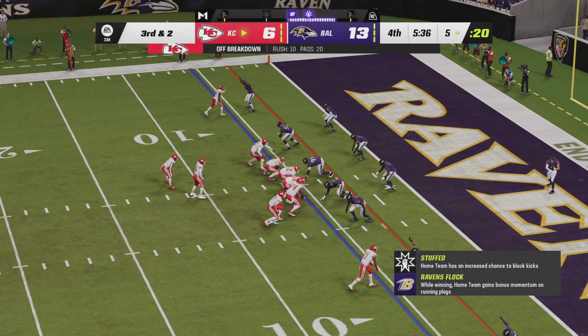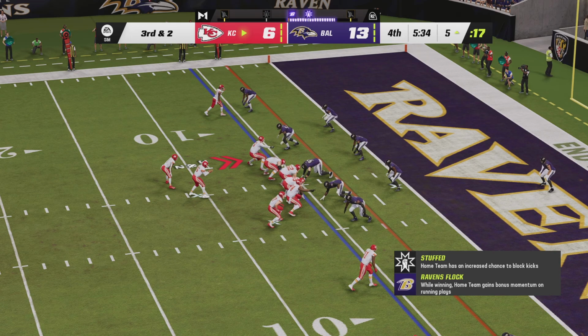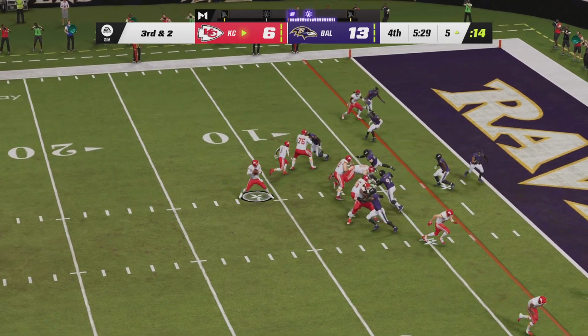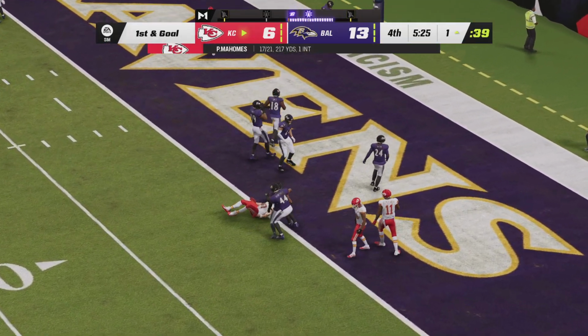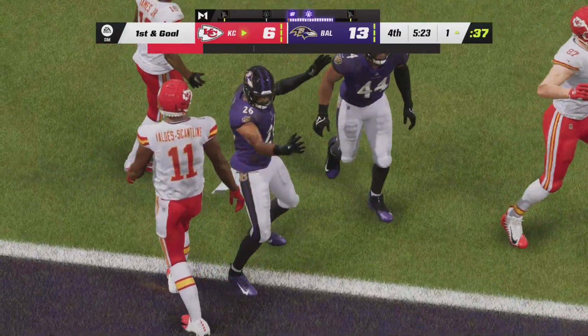The offense on 3rd down tonight, they've been very good. 5 for 7 thus far. This time they face a 3rd and 2. Now Mahomes. And it's caught. And the Chiefs are going to have 1st and goal coming up as they're able to convert there on 3rd